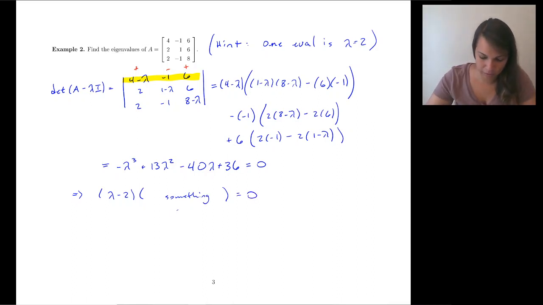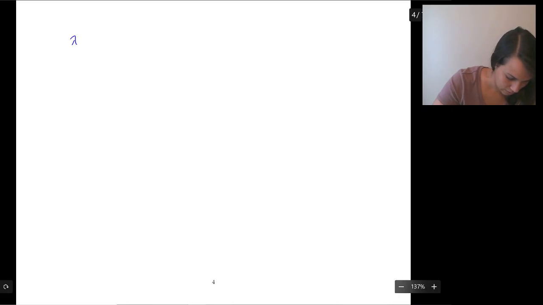So then the question is, well, what's that something and how do we find it? Do you guys remember polynomial long division? If not, here's a refresher. So we've got lambda minus 2 is going to go into negative lambda cubed plus 13 lambda squared minus 40 lambda